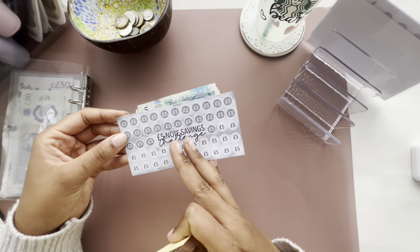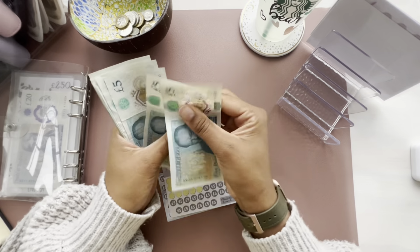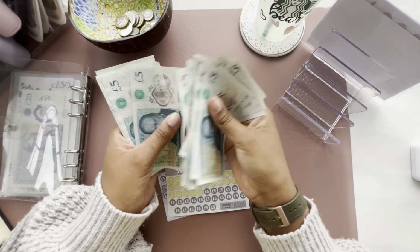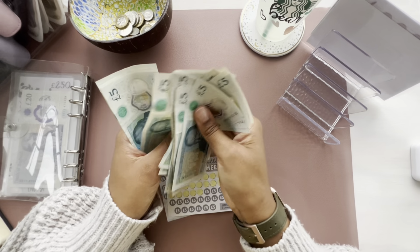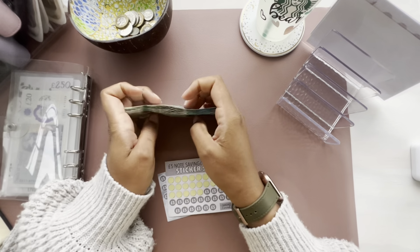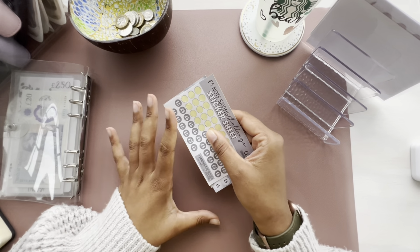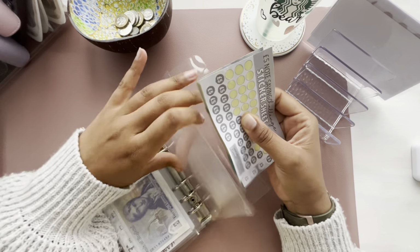So I'm past halfway now, which is fantastic, which is, let's count, 5, 10, 15, 20, 25, 30, 35, 40, 45, 50, 55, 60, 65, 70, 75, 80, 85, 90, 95, 100, 5, 10, 15, 20, 25, 30. £130, which means realistically, even before I finish this, I have enough to pay for my brakes, which is a